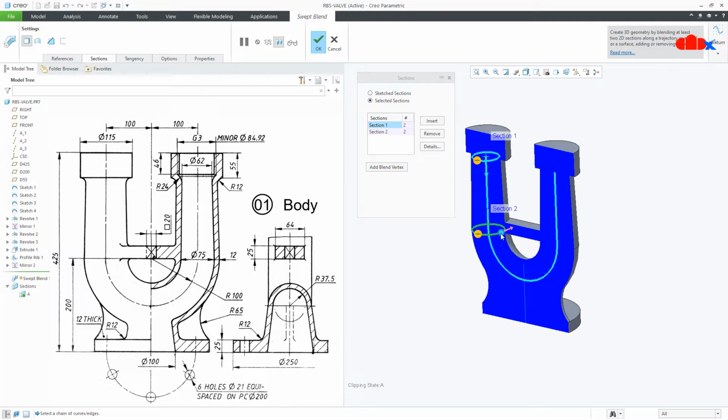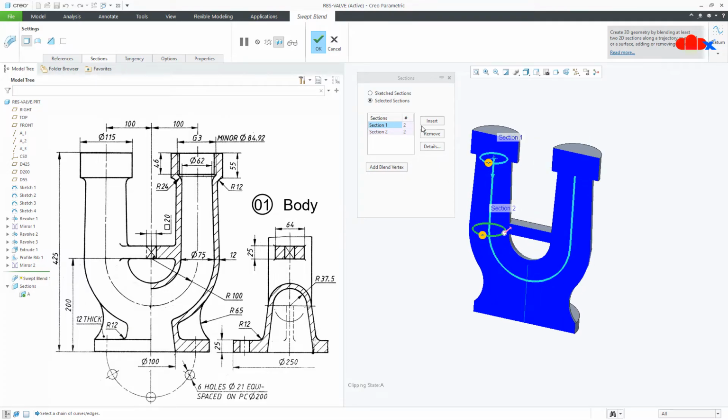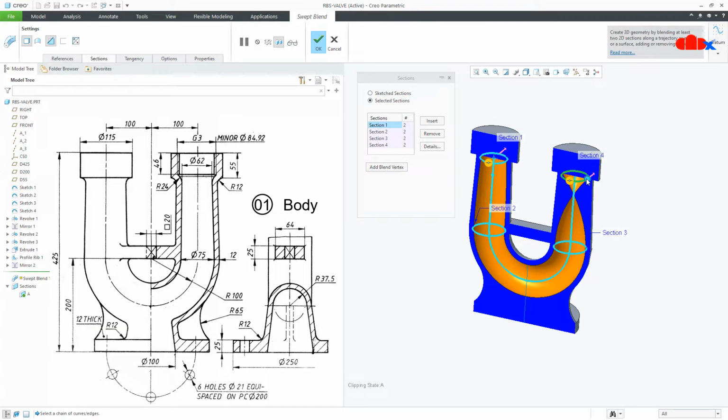Be careful about your start point. Once again insert this section, move it this side. Now if you go for remove material, you can see that the material is getting removed. Insert, and this is the last section. Drag it this side. Now here one more option you have inside the option, no blend control. So I'll use the second option, set perimeter control,